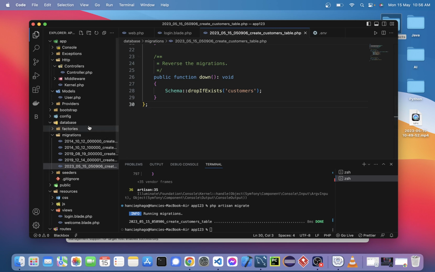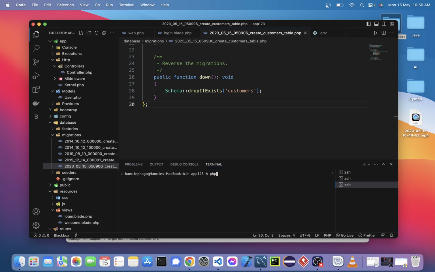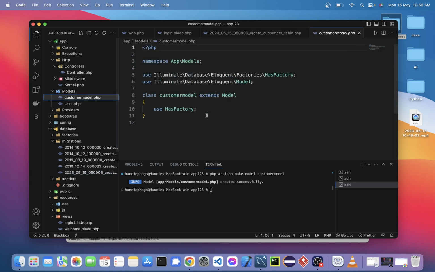Now what I need to do is create the model for this migration. So I'll make one model using the artisan command. Models help to interact with the database. They help to perform CRUD operations in Laravel, and a model also helps to define the relationships between tables. So to create the model, I'll just use php artisan make:model, and the name of the model, that is Customer model. Okay, the model is created successfully,